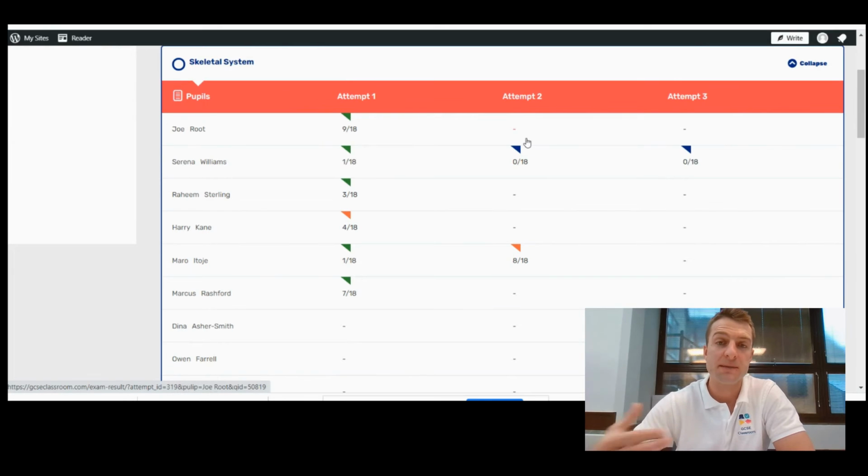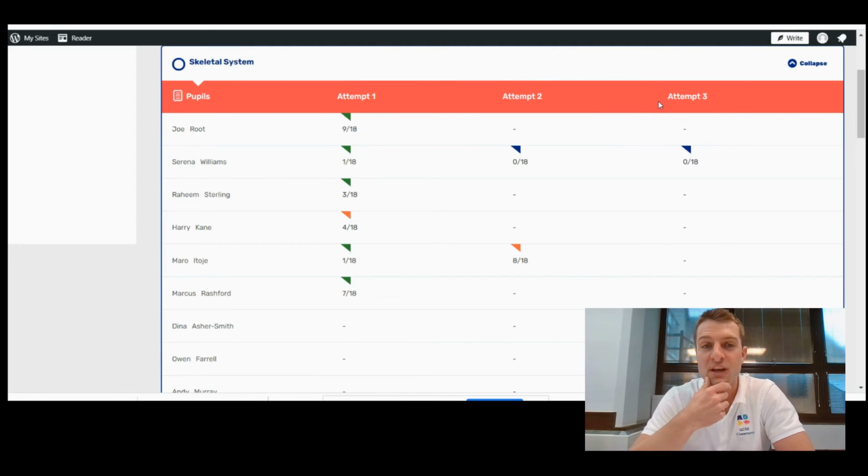Pupils on your dashboard, like I said before, pupils can have as many goes as they want at the set of questions for this topic, for example, the skeletal system. As a teacher, you will just see and have access to the first 3 attempts. The main reason for that is we trialed it with showing 4, 5, 6, 7 attempts, but it gets very, very messy as part of your dashboard if you're seeing lots and lots of different attempts. Plus, obviously, hopefully you're going to get everything you need in terms of monitoring that progress within the first 3